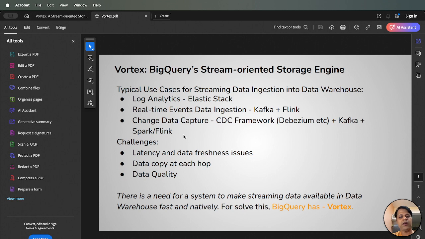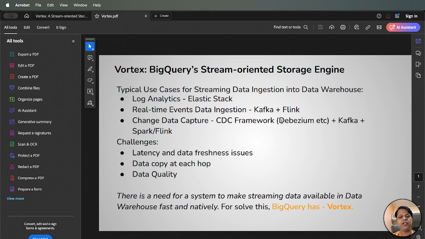Those changes happening in the databases, inserts, updates, and deletes, need to be captured in real time, and then they are ingested into the data warehouse for performing all kinds of data warehousing, business intelligence, as well as real-time reporting. Okay, so for change data capture, the open source frameworks enterprises use are Debezium, Kafka, and